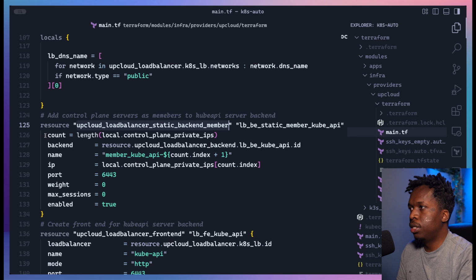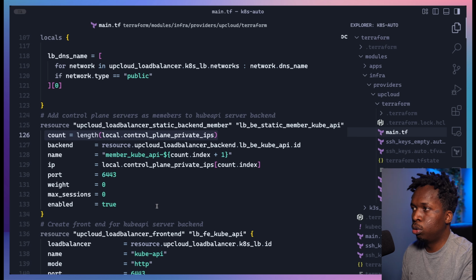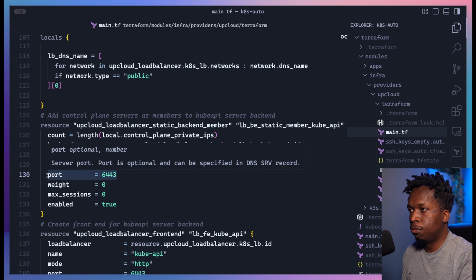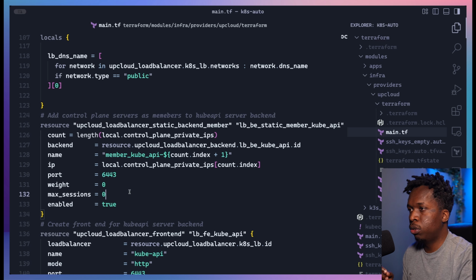The count, or the number of actual members that we're going to add into this backend, is going to be the length of the control plane IPs. So we just need the IP addresses of the control planes, and that is what we're going to add as members into this backend. Here we select which backend we're adding these members to, then the IP address of each member, and then the port. This is port 6443, which is the port that the Kube API server on each control plane node